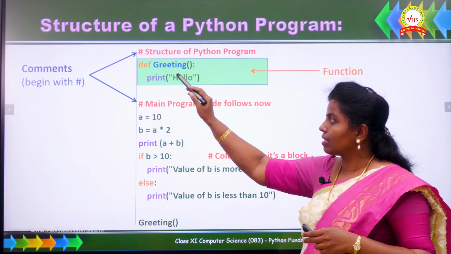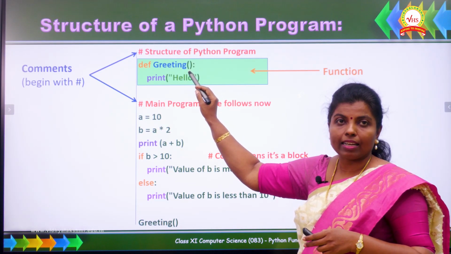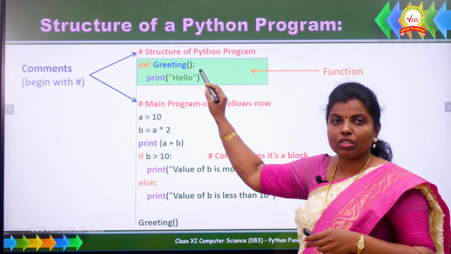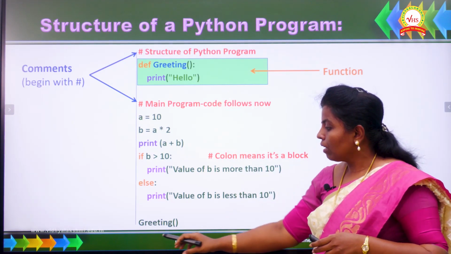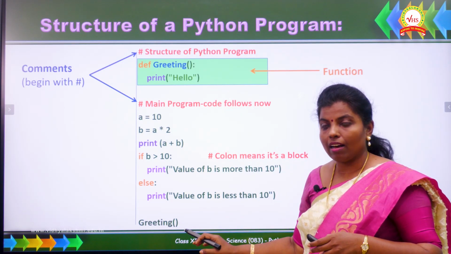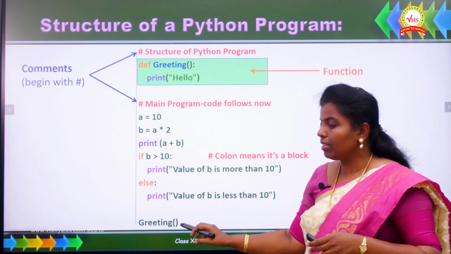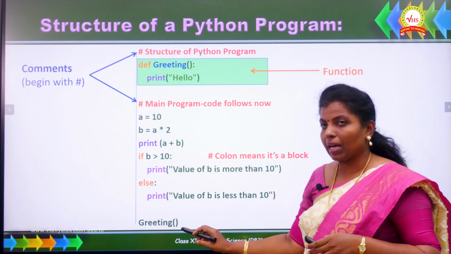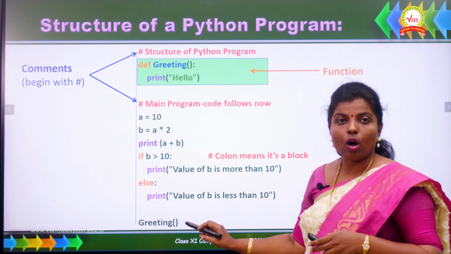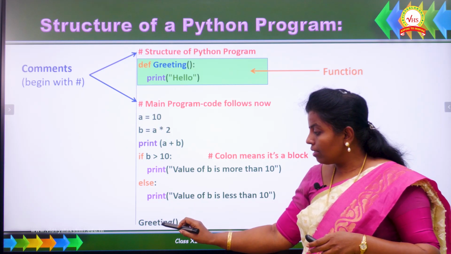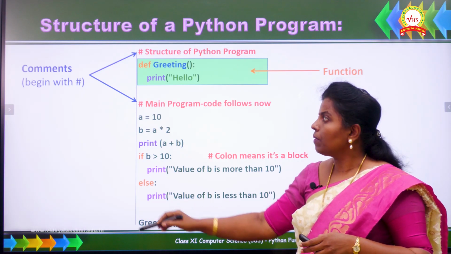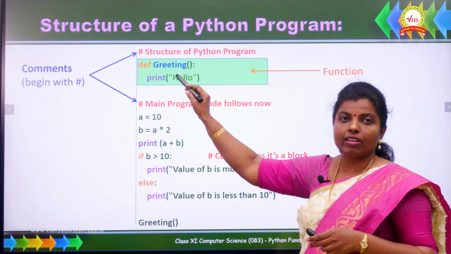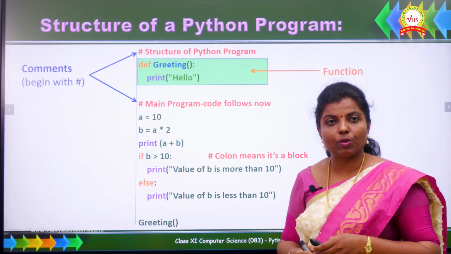So calling the function is just simple. We will be using just the name of the function, and in parenthesis, if the function takes parameters, those values we use to give. Here you can see at the last line we have greeting, the name of the function is given, just parenthesis is given. As it does not take any parameters, here in parenthesis we have not given any values or arguments, right. So when we call the function only, the statements inside the function definition will be executed, otherwise these statements will not be executed at all.